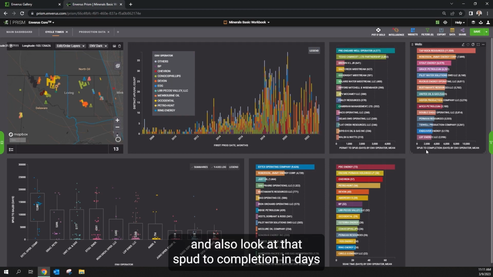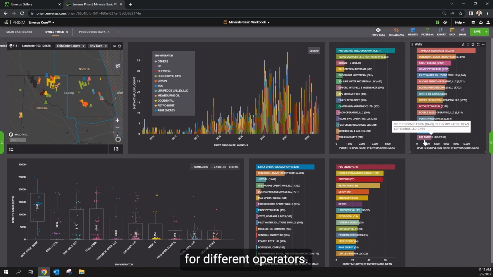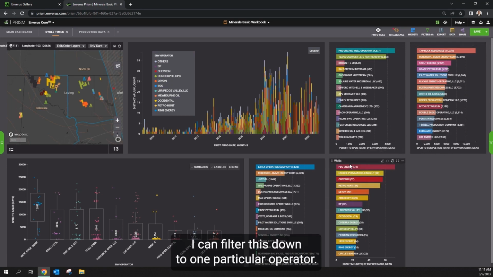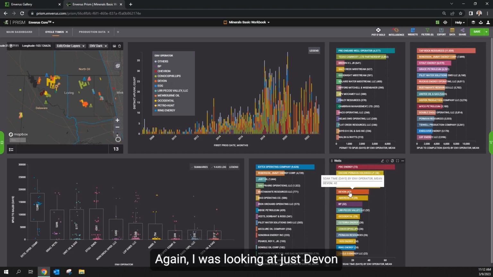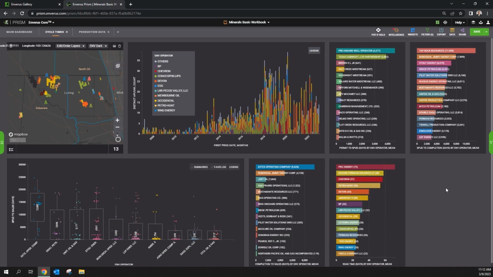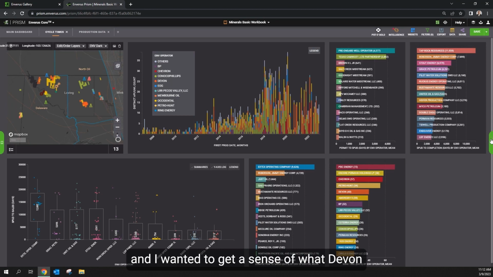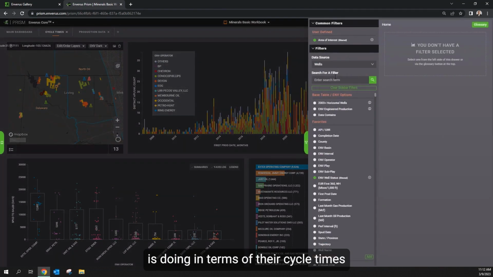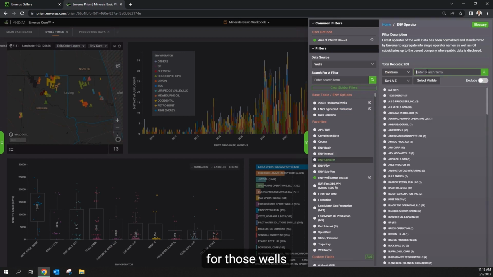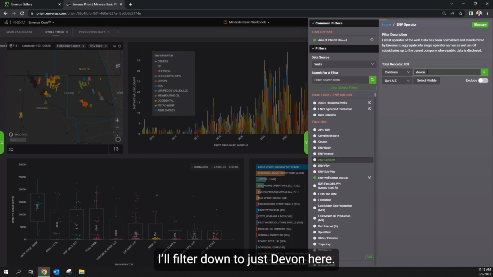And also look at that spud to completion in days for different operators. I can filter this down to one particular operator. Again, if I was looking at just Devon, and I wanted to get a sense of what Devon is doing in terms of their cycle times for those wells, I'll filter down just Devon here. We'll take a look